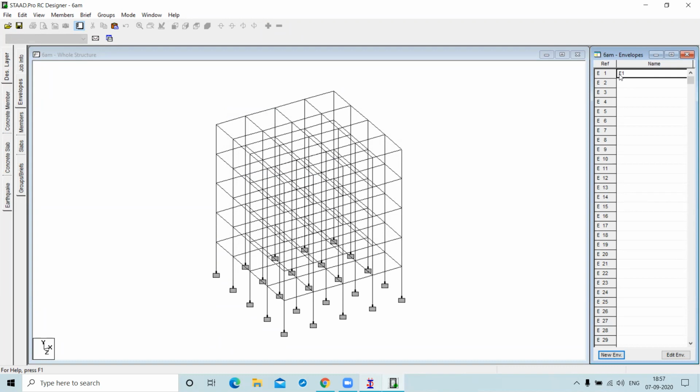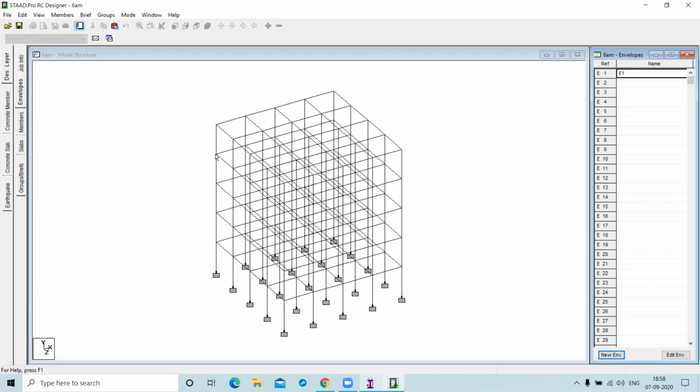If you consider each and every floor's members, you have to choose E1 for the first floor, E2 for the second floor, E3 for the third floor, and E4 for the fourth floor.